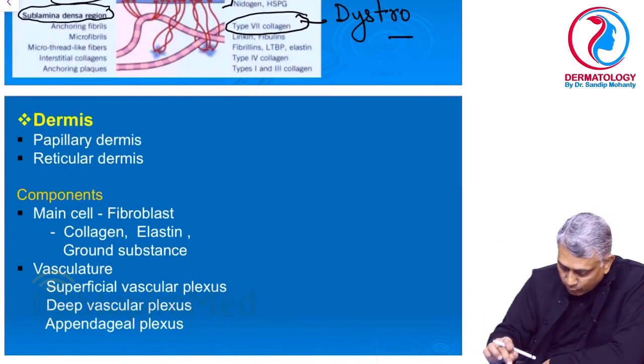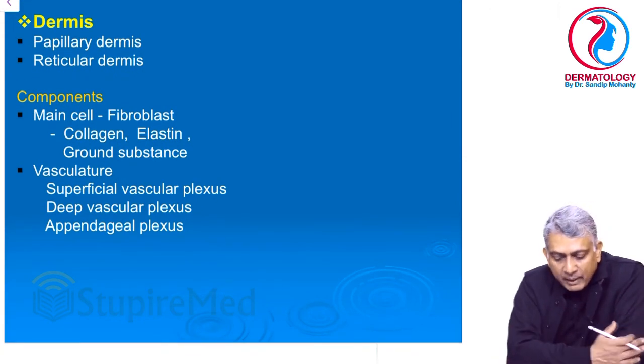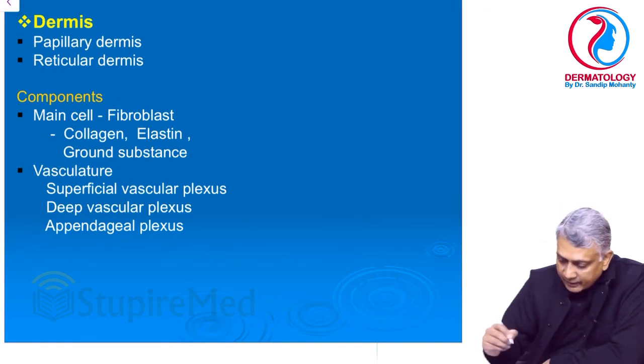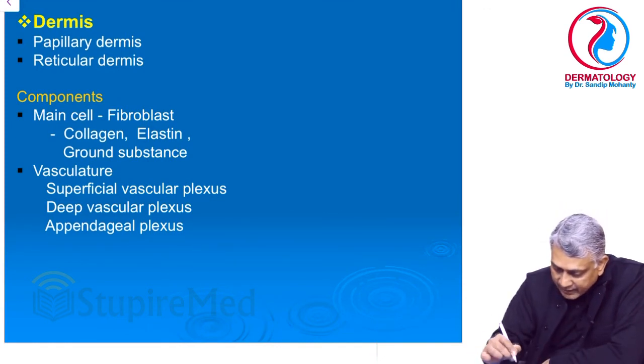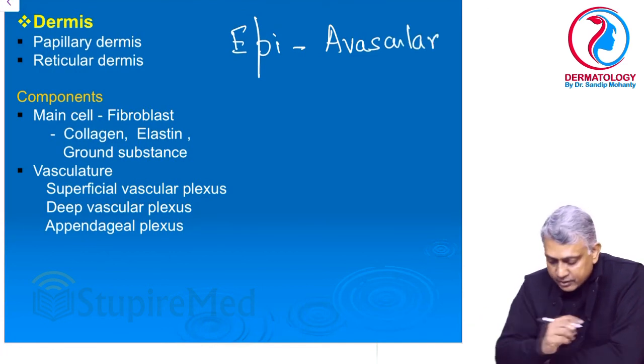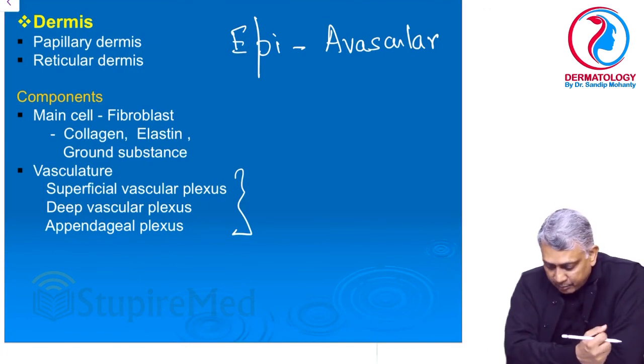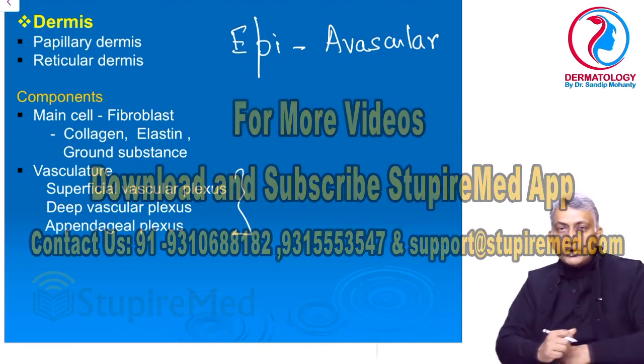Now below that, what we have is dermis. The upper part of the dermis is known as papillary dermis. The lower part is known as reticular dermis. Now remember one thing here, epidermis is avascular. Dermis is rich in blood vessels, so it gives nourishment to the epidermis. It has different vascular plexus, right? That's to understand. The next thing to know about dermis is that